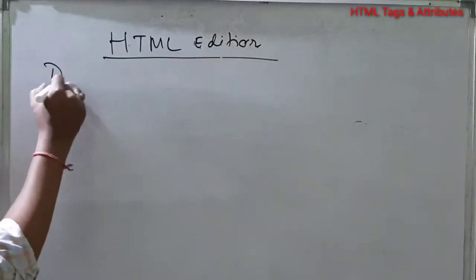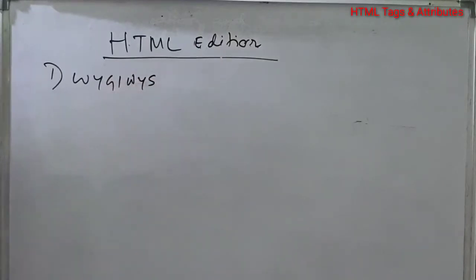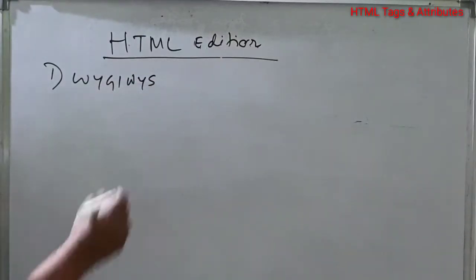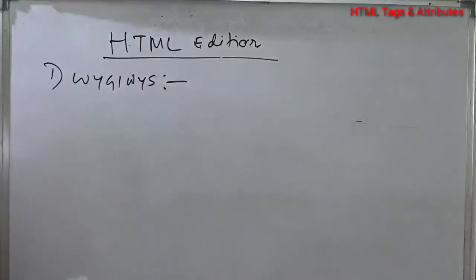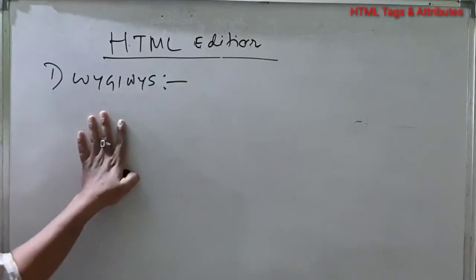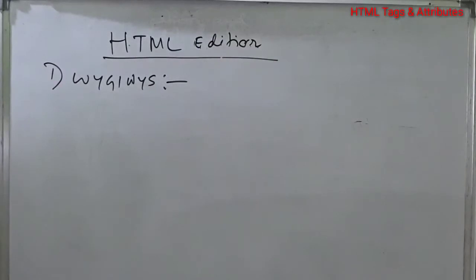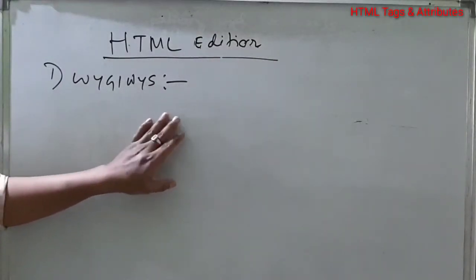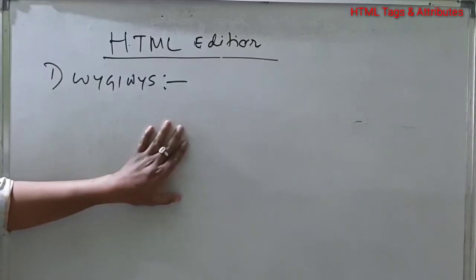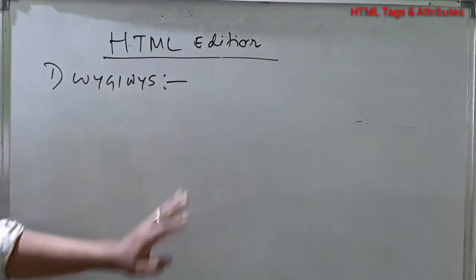First one is What You See Is What You Get. WYSIWYG means what? What you see is what you get. Okay, this is one of the most popular HTML editors nowadays. It is one of the most popular editors in HTML programming. Okay, now you can see in a book, this editor lets you create web pages without the knowledge of HTML. They have the graphical interfaces and tools to develop web pages which allow you to insert images, tables, lists, hyperlinks, etc. without writing HTML text.